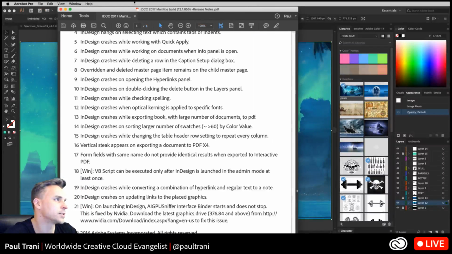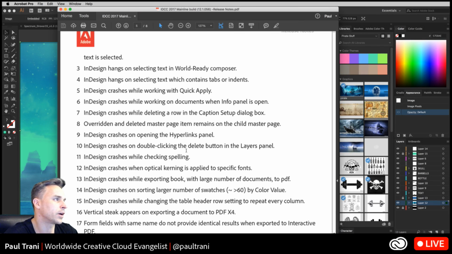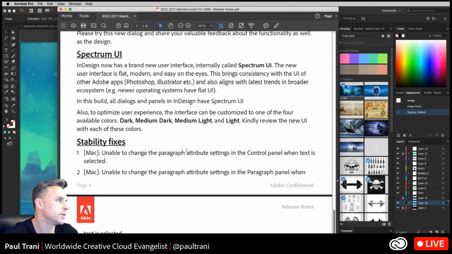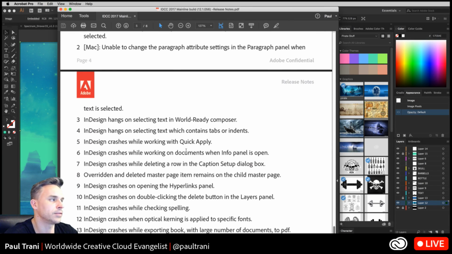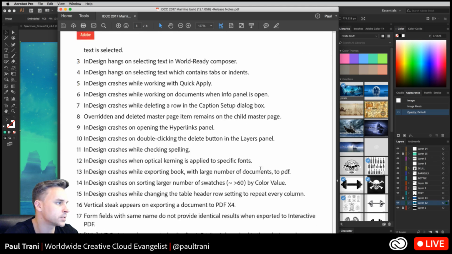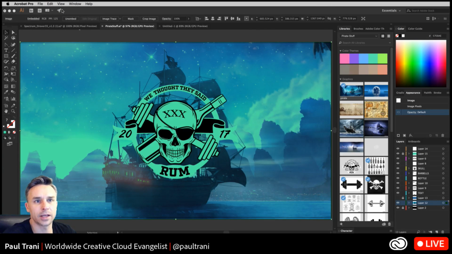But if we're talking, say, InDesign, here's a long list of all of the various stability fixes that we've tackled. They're little things, like if you clicked outside, it crashes while deleting a row in the caption setup dialog box. It's just little things. I don't need to go through these with you. You guys get it. You just hit update and you kind of get what you get.